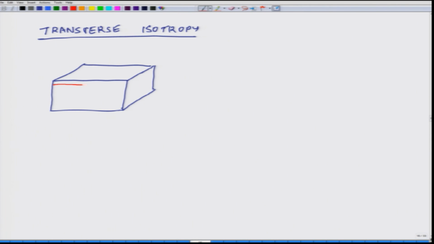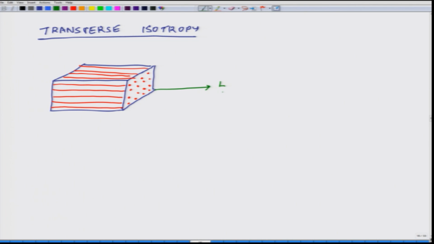And this is a block of material, fibers are running in the direction of all these red lines, and if I look at it from one particular end, I see the ends of fibers, and that is pretty much it. And here this is my L axis, or you can also call it axis number 1. This is my second material axis, and this is my third material axis.